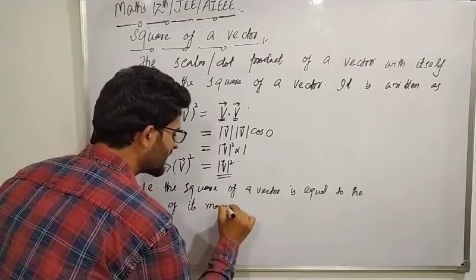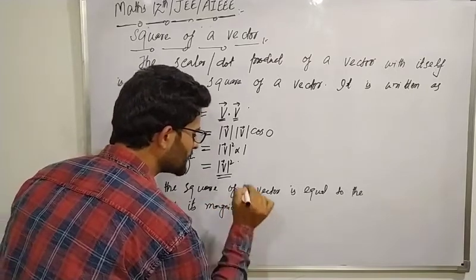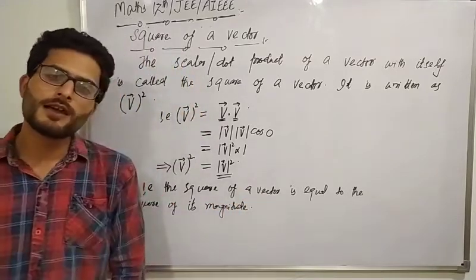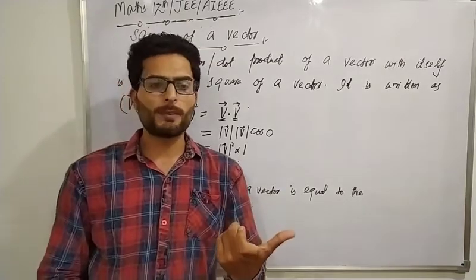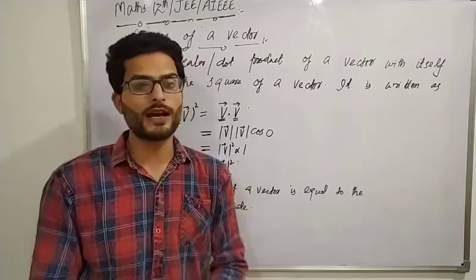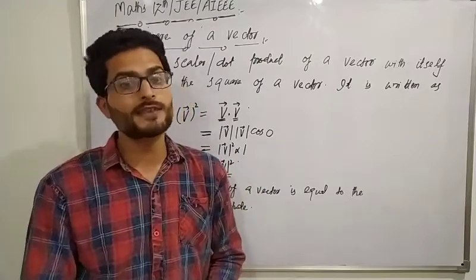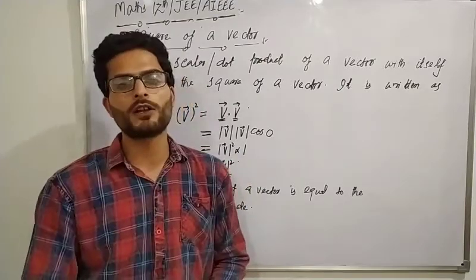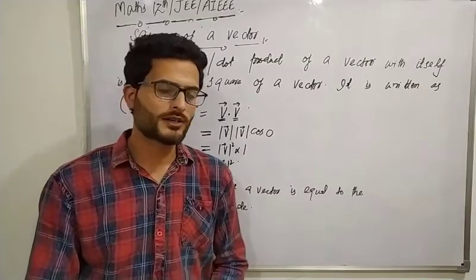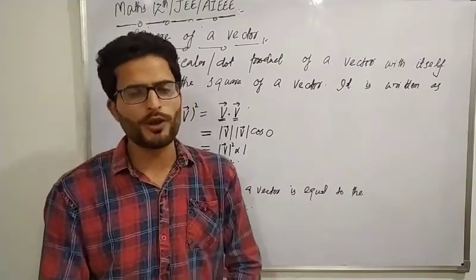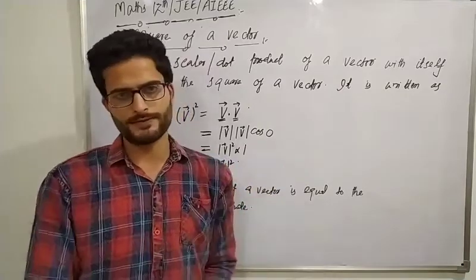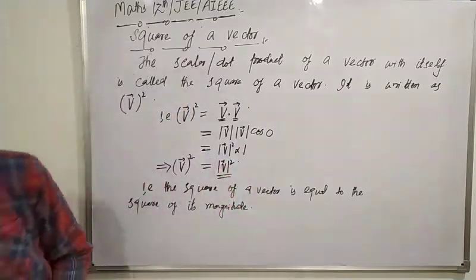The square of a vector is equal to the square of its magnitude. अगर आपके पास एक वेक्टर का स्क्वायर होगा तो आपने पहले उस वेक्टर का मैग्नीट्यूड निकालना है, फिर उसका स्क्वायर कर देना है, एक स्केलर आएगा और that scalar will give you the square of that vector। एक छोटी सी डेफिनेशन है, स्क्वायर ऑफ वेक्टर क्या होता है, डायरेक्टली the dot product of a vector with itself।